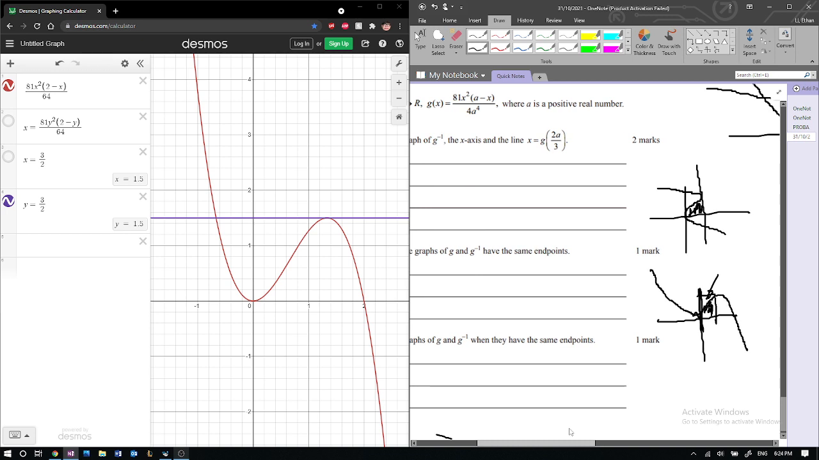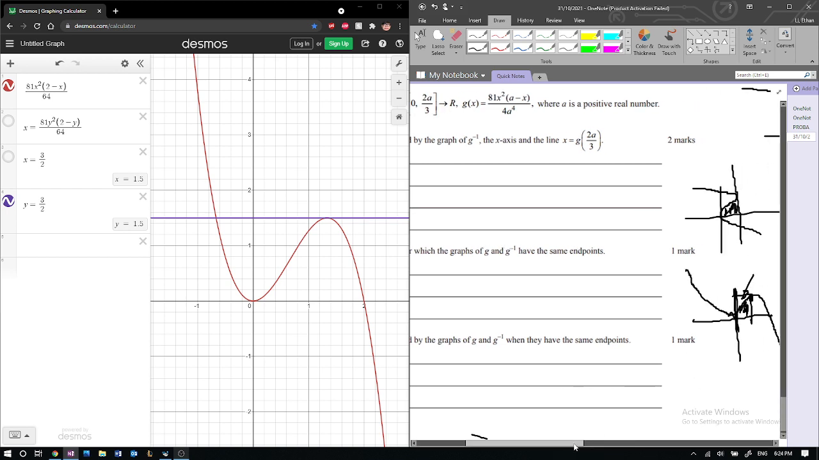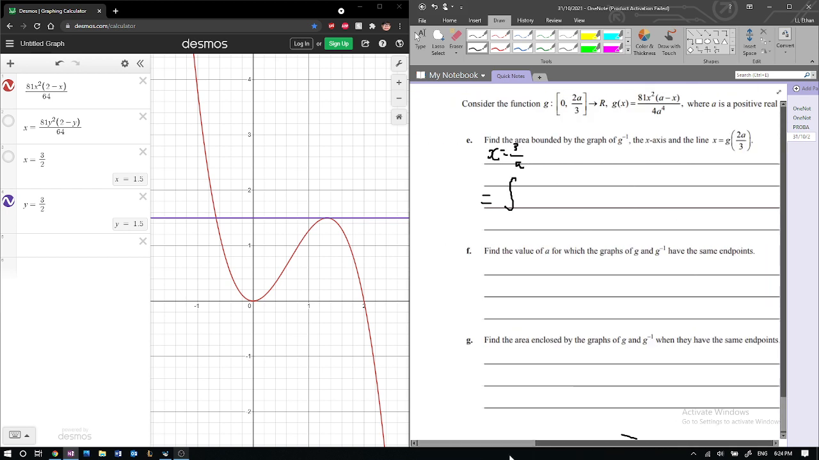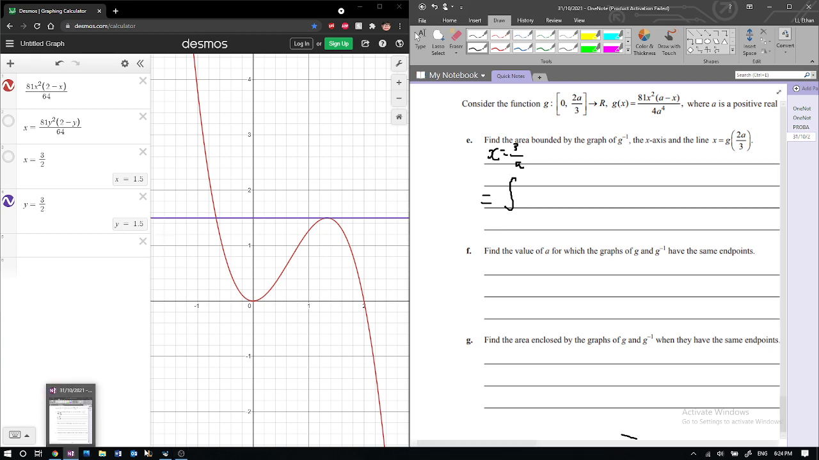That rectangle's length is the x-intercept here, which is the x-intercept of the line y is equal to 3 on a. So we can find that by solving for